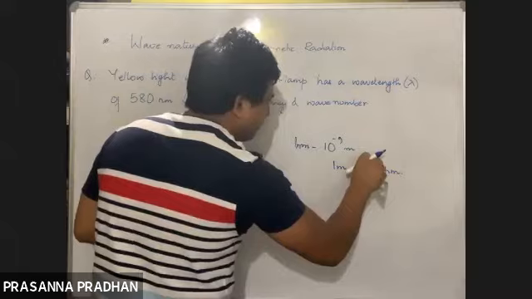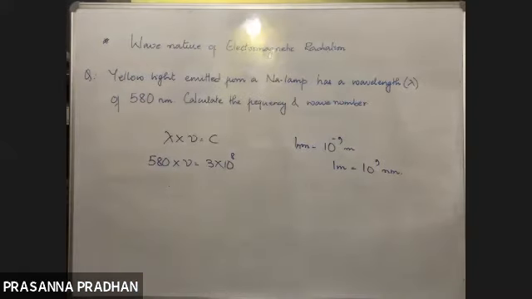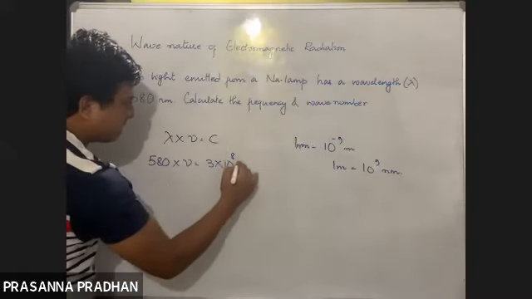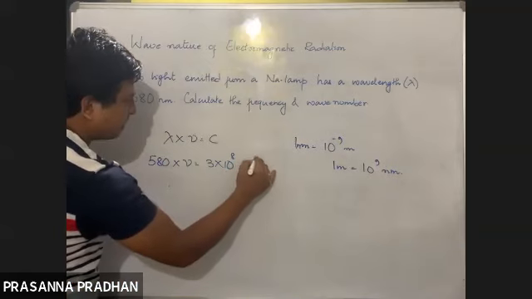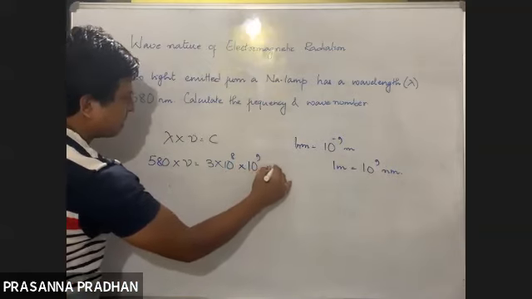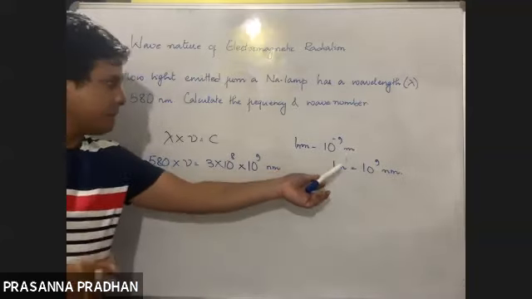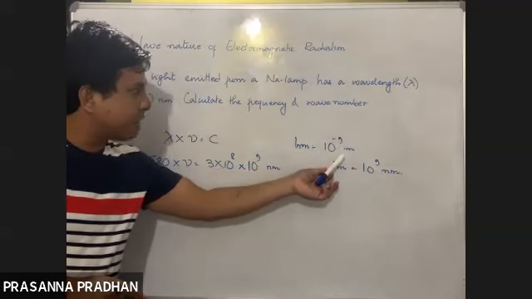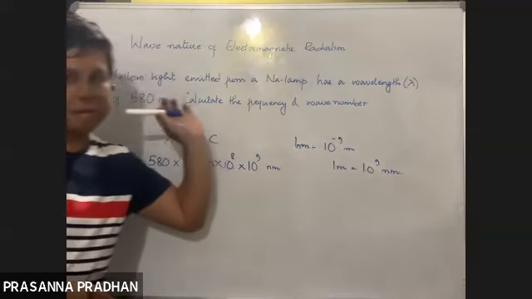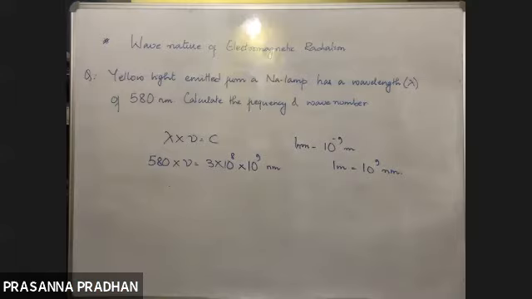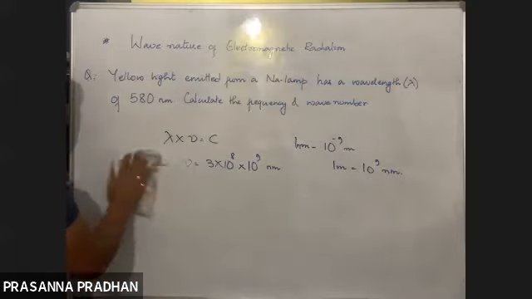10 to the power 9 nanometer. ये होगा. So यहाँ पर तो तुम्हारा मीटर को नैनोमीटर में कन्वर्ट करोगे तो 10 to the power 9 होना चाहिए. ये नैनोमीटर. चलो अब हो गया. उल्टा किया हम लोगों ने. ठीक है? So 1 nanometer means 10 to the power minus 9 meter. That means 1 meter would be 10 to the power 9 nanometer. Okay? Chalo. So this is the conversion.